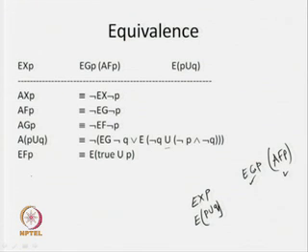Others can be expressed, and similarly, if I take E X p, E p until q and A F p, then the other 3 can be expressed with the help of these 3 operators. So, we must know the procedure to evaluate at least 3 temporal CTL operators, then the others can be expressed with the help of these 3. So, this is the power of equivalent formulas, and we have seen that now we need a restricted set, and we are going to work with a restricted set. So, this is the notion of equivalence in CTL formulas.